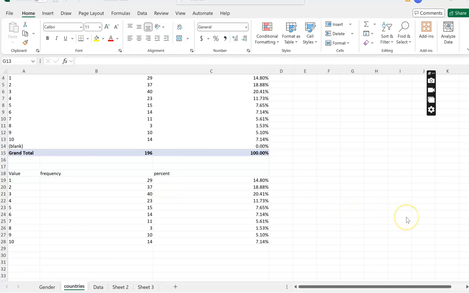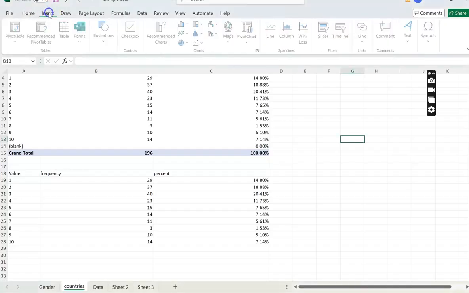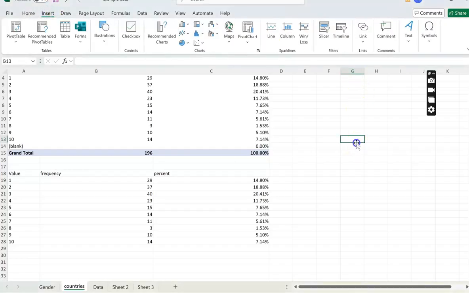If you're working with an interval variable, you are going to make a histogram for the chart of the frequency distribution. So here's how we do that in Excel. We're going to go to Insert. By the way, make sure your cursor is not on top of any cell with data in it. It should be clicked to a blank cell when you're doing this. Okay, so Insert,